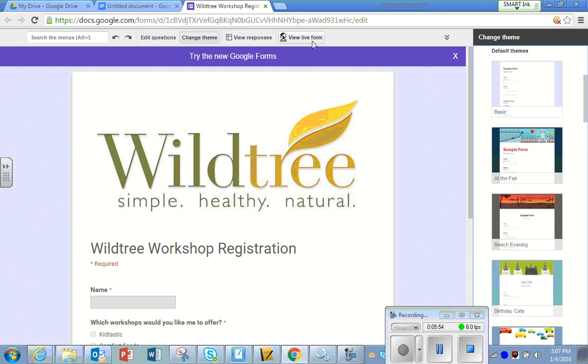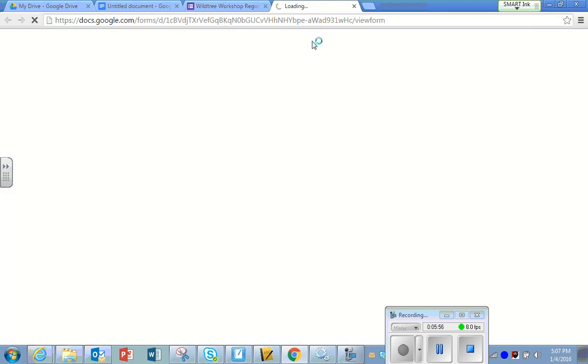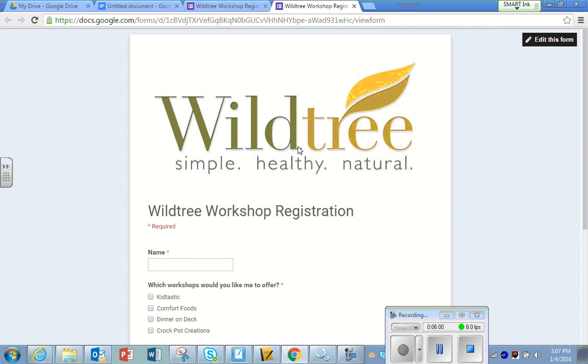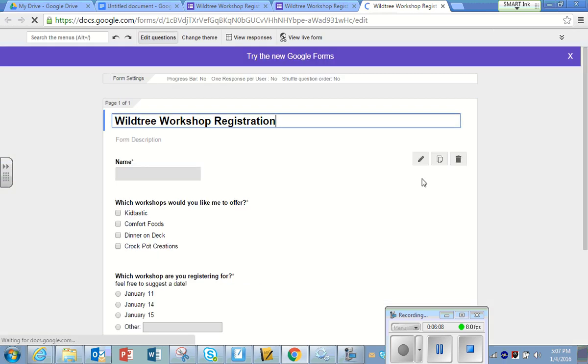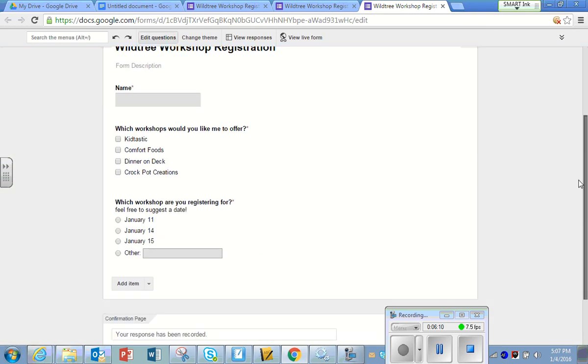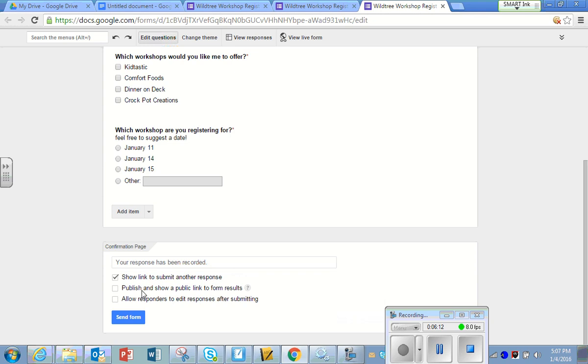And then if you want to see what it's going to look like, you can click View Live Form. And that's what it would end up looking like. If I don't like it, I want to change something, I would just click on Edit the Form. Then when I'm all done, I always like to allow them to edit the responses after submitting. And I give them a response here like,